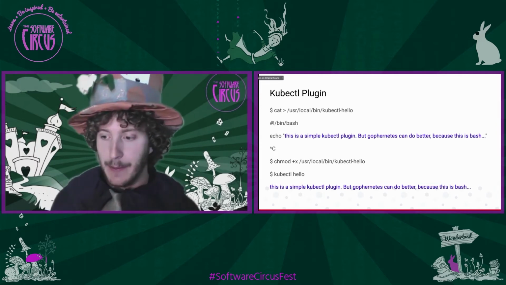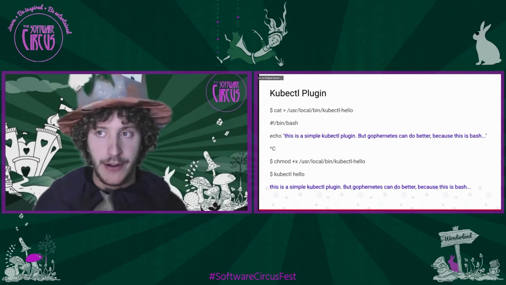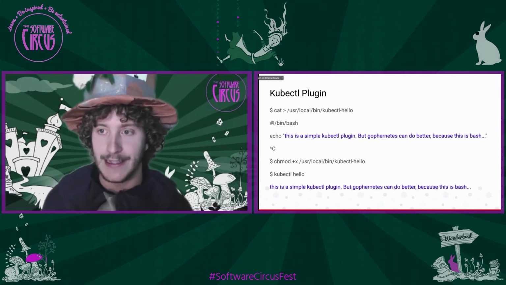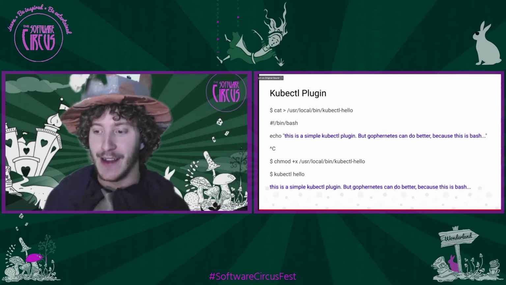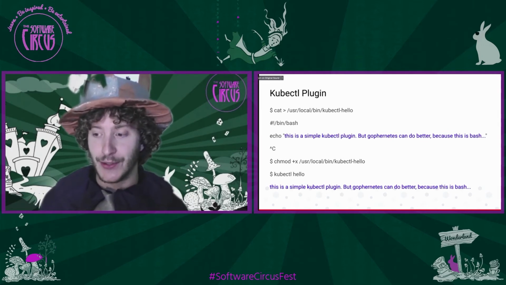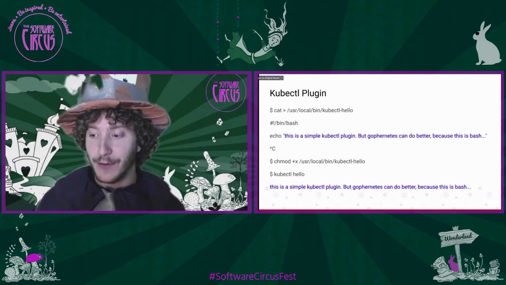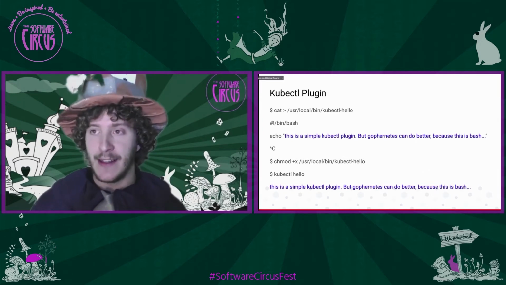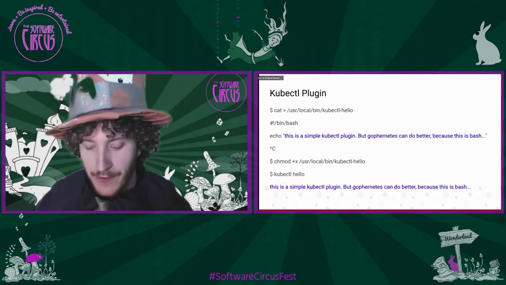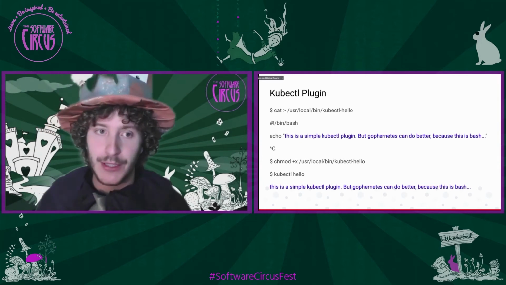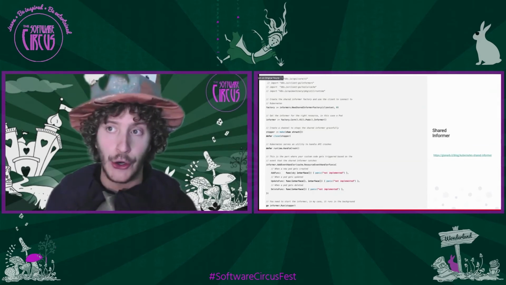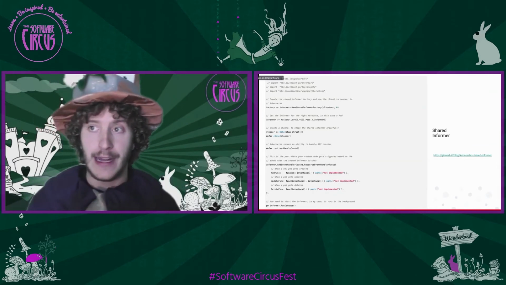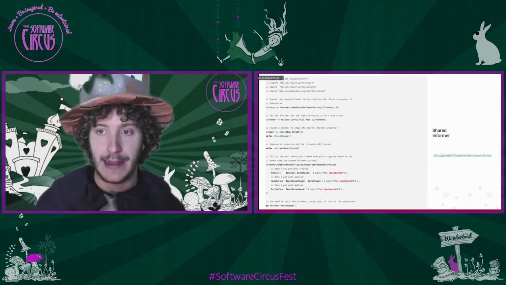Now, this example is very simple, and as you can read, it doesn't even use Go. But with Go, you can do a lot of cooler stuff. This is just here to screw the box, and you have to think outside the straitjacket that I have here. So think about how you can do a kubectl plugin, and I will tell you a few tips that I learned along the way. But before that, let's get out with a very complex